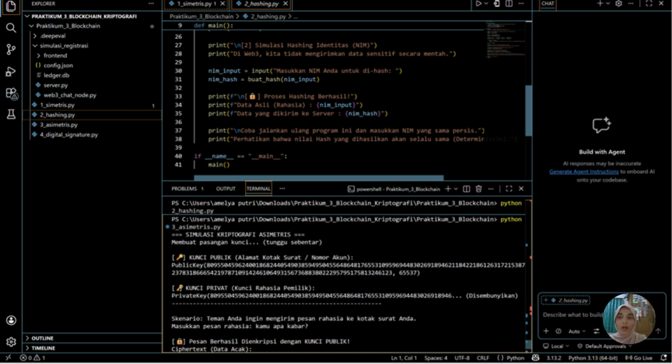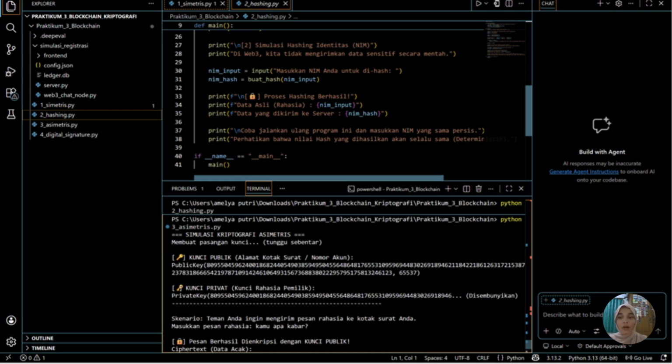Now I will explain how the hashing algorithm works in more detail. When I input my student ID number, the system first converts the data into binary format. Then the SHA algorithm processes the data through several steps, such as padding, dividing the data into blocks, and performing mathematical operations. These operations include bitwise operations and multiple rounds of computation.